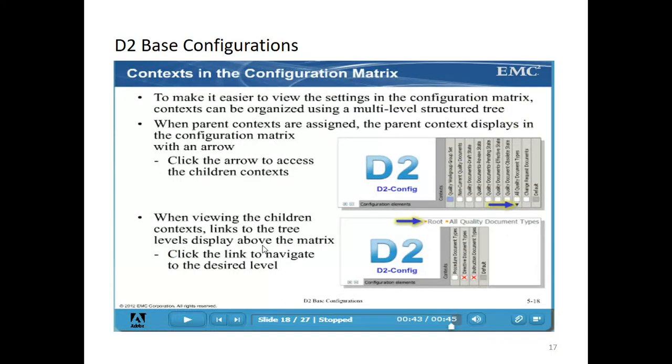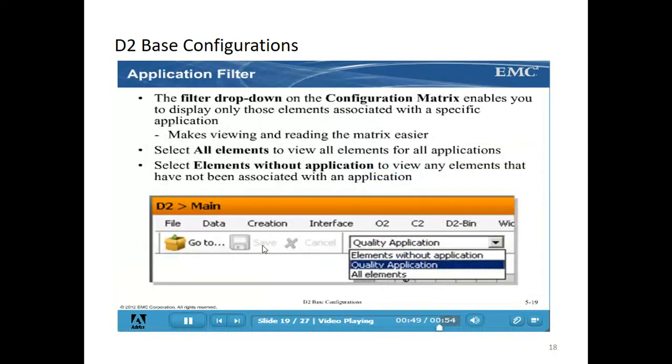So you can see the down arrow. Down arrow represents there is a subset of contexts. The one which is defined there is the parent context. If you click the down arrow, you can see the child context. Inside child also you can unselect or select, you can do whatever you want.